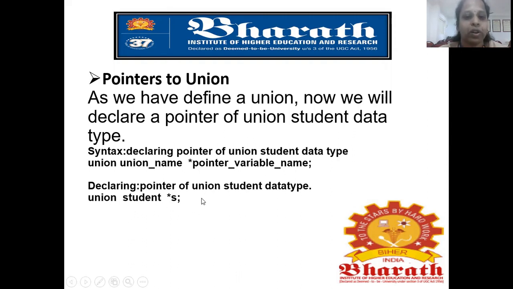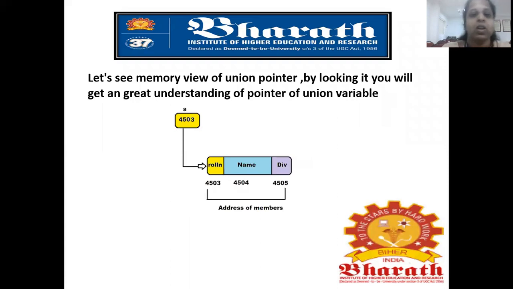If you are going to use a pointer to union, as we have already defined a union, now we will declare a pointer to the union. First it should be defined. After that, it should be declared.